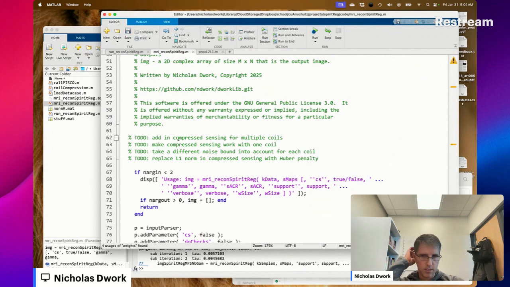So this is just doing, this would be just using the L1 norm rather than the L21 norm.